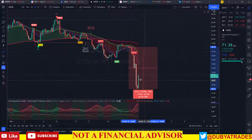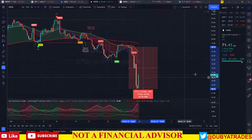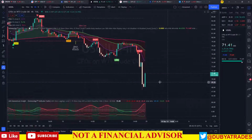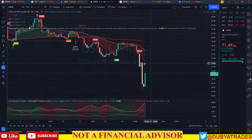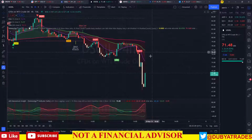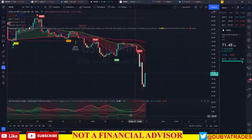But oil is looking like, I don't think it's going to go bullish, but I don't think it's going to continue selling off at this level. We can see these white candles here are the RSI. It's showing that it's oversold right now. It's at 30 or lower. I believe that it's going to pull back up and test at least the 15, if not the 50, before it gets sold off. We still have a lot of momentum